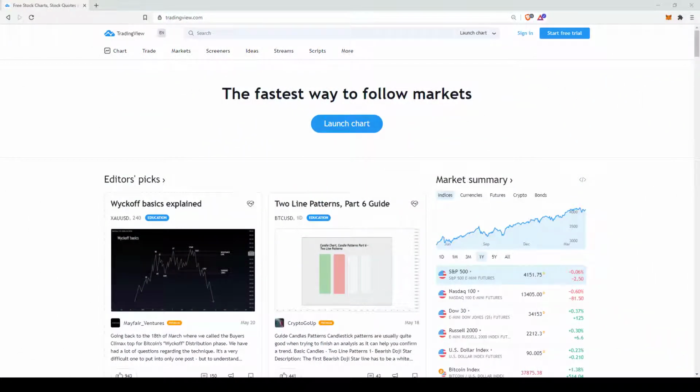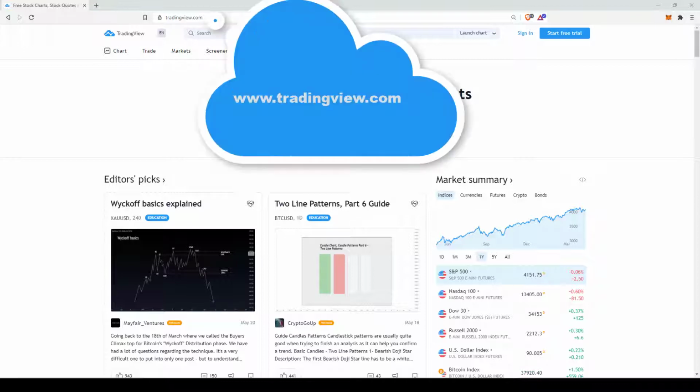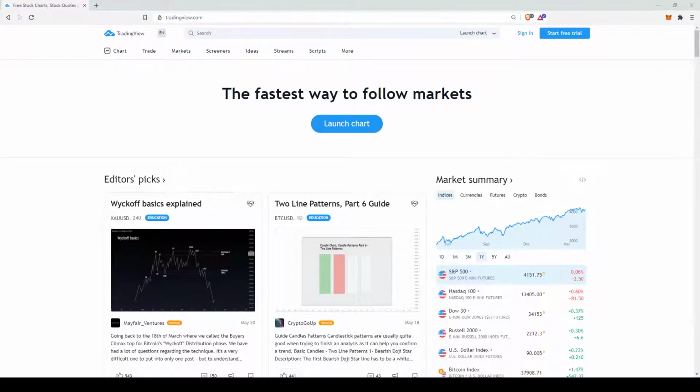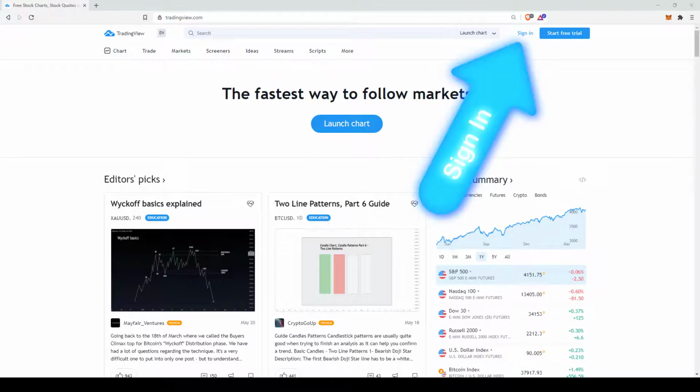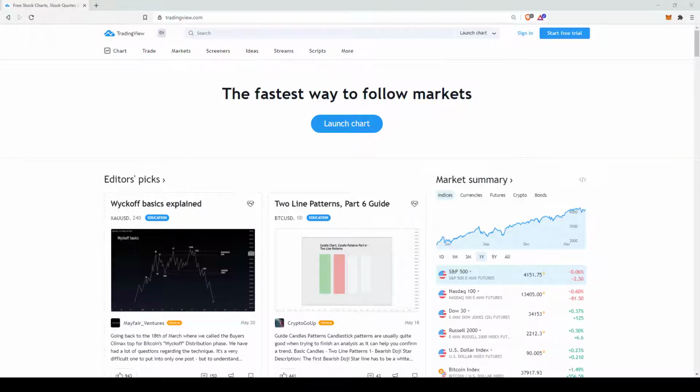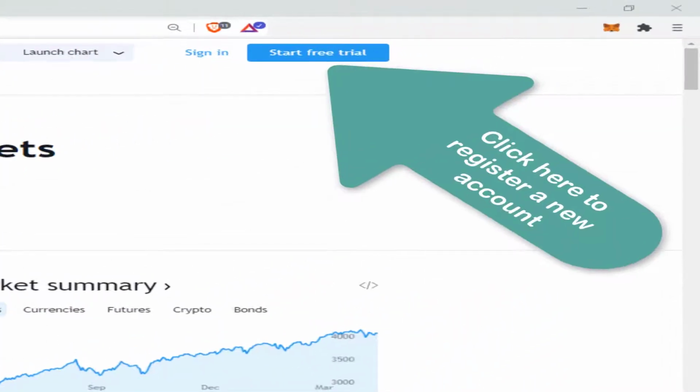TradingView.com is one of the most popular platforms that both new and experienced investors and traders use to apply their technical analysis. To go on TradingView, open up your preferred web browser and type in www.tradingview.com in the search field found here. Once you've done that, you will be presented with this homepage in which you will see the option to sign in if you've already created an account with TradingView,